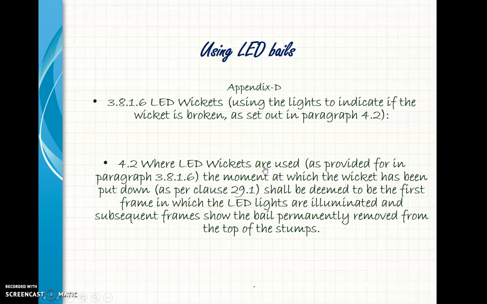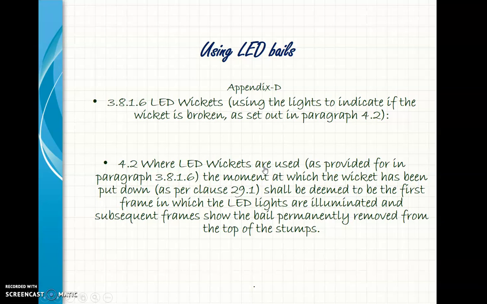Now in para 4.2, where LEDs are used for third umpires to consider when the wicket is put down, the moment at which the wicket has been put down shall be deemed to be the first frame in which the LEDs are illuminated, and subsequent frames show the bail permanently removed from the top of the stumps.